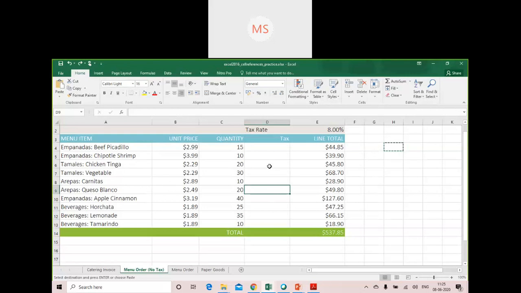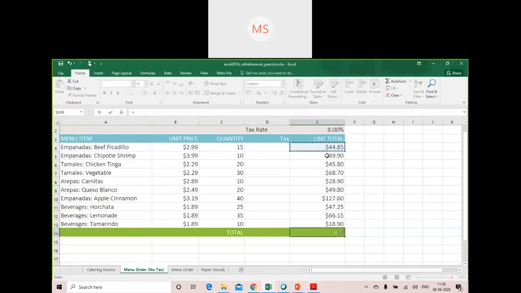Here, as I said, if you want to perform a total, one option is that you can individually add all these cells together, or else you can make use of functions. What functions are available? You go to Insert.